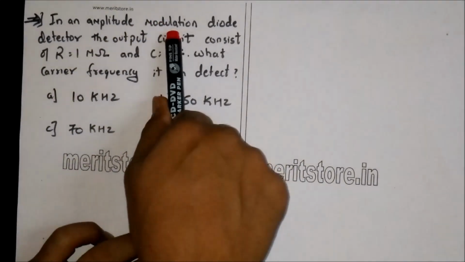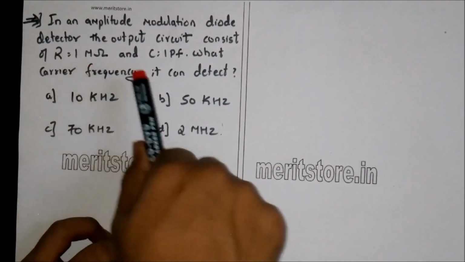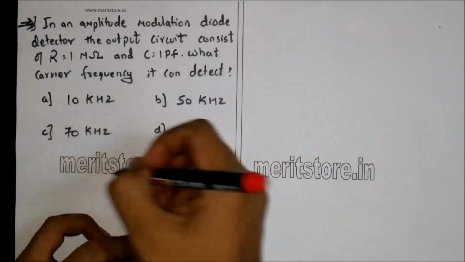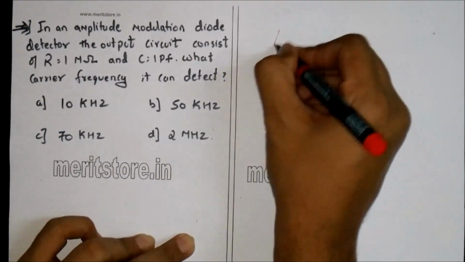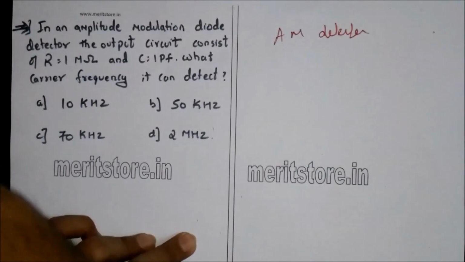In an amplitude modulation diode detector, the output circuit consists of R equal to 1 megaohm and C equal to 1 picofarad. What carrier frequency can it detect? Here are the options. Now, to recover the audio signal in an AM detector, the output is fed to a